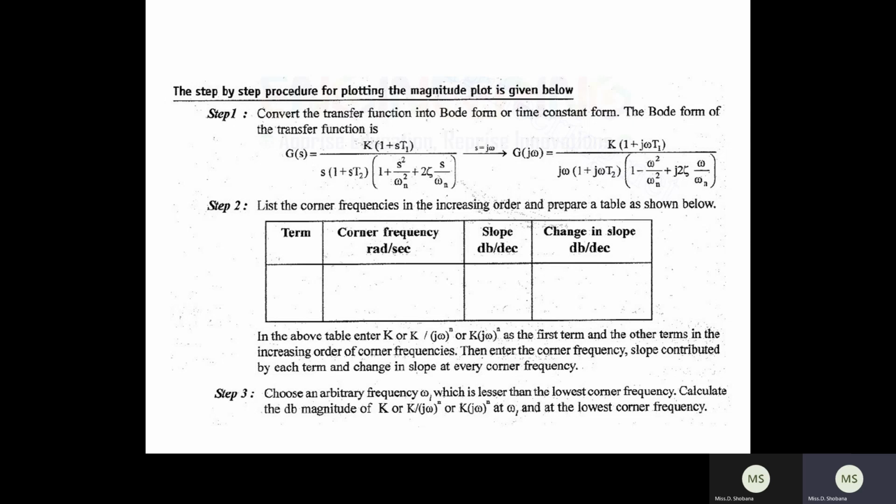Okay, so here you have to choose the lower corner frequency and higher corner frequency. The lower corner frequency should always be less than the first corner frequency, omega c1. The higher corner frequency should be chosen greater than, say, omega c2. Like that, you have to take the conditions and determine the lower and higher corner frequencies. Then we can see, for various frequencies, how to determine the gain values, magnitude values, and the phase angle values.